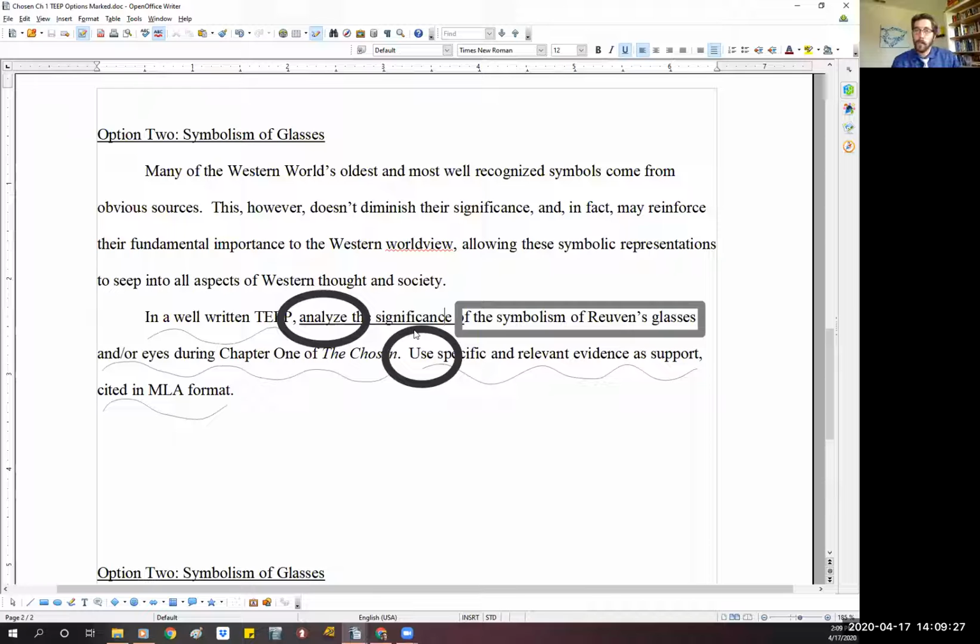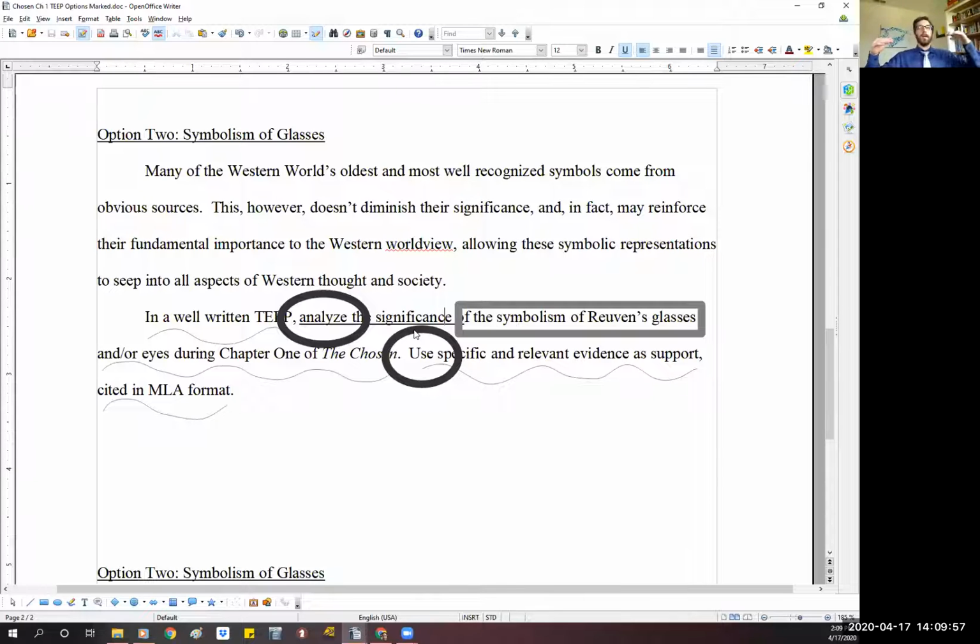I do want to give you guys that reminder. If you go the symbolism route, you should have a part that very clearly says blank represents blank. And we know the first blank is going to be Reuben's glasses or eyes represent blank. And you should see that in your paper somewhere. So as you're typing it out, as you're getting your draft going, you can look back, and you have more time than we normally do when we have timed writes. So look back, look it over, and make sure you have that.